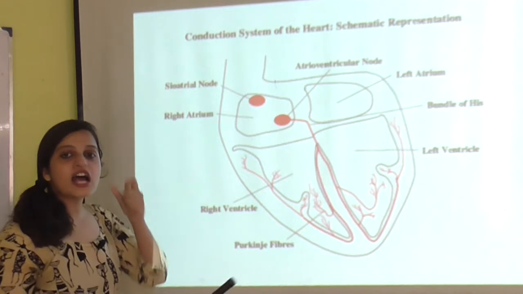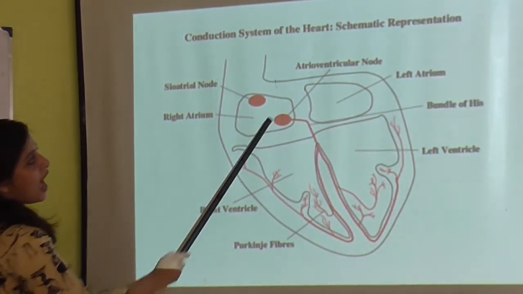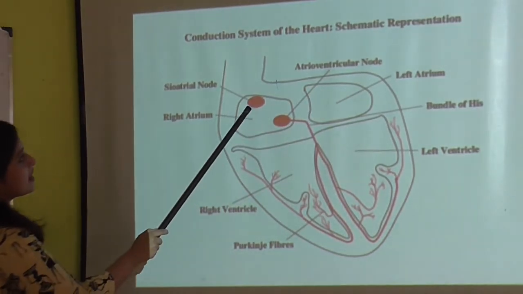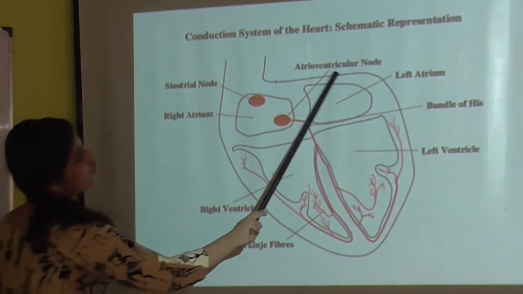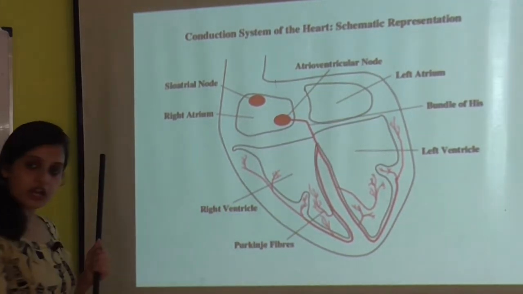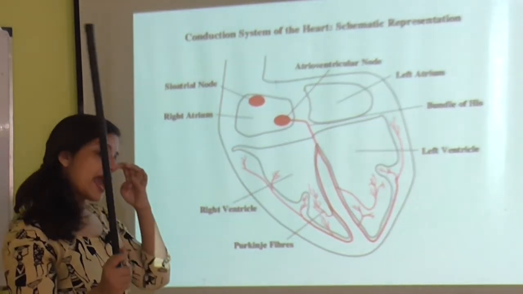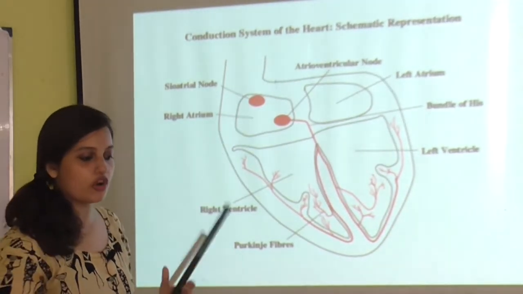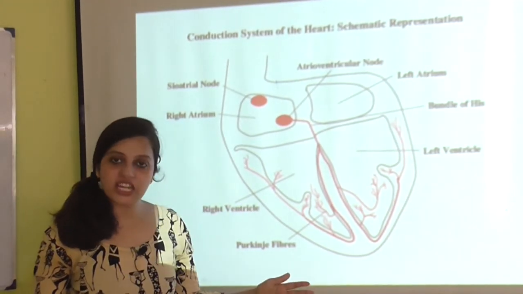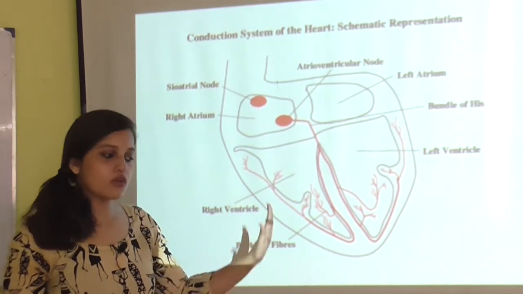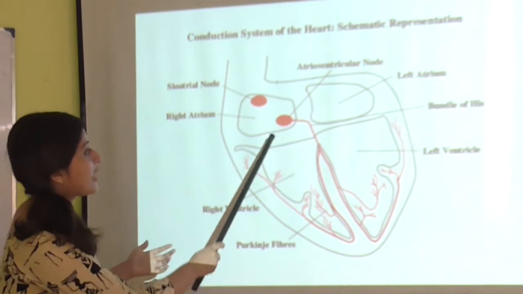Another part present in your body is the AV node, or atrioventricular node, and this is the sinoatrial node. So what is the work of the AV node? It works as a gatekeeper. If you have a gateman in front of your home, a person is going to enter your house only after getting permission from the gateman. If the gateman says okay, you are allowed to enter, then only the person can enter your home. The same happens here. It is like a gatekeeper.